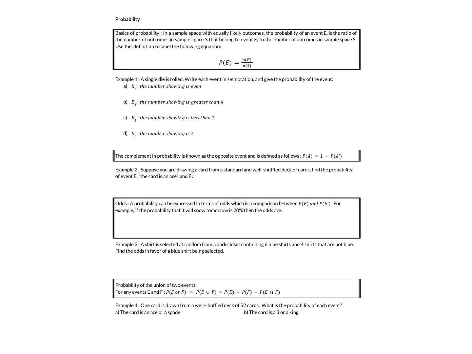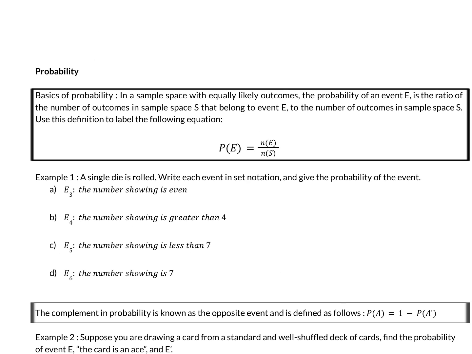So your general definition of probability is the sample space with equally likely outcomes. We have a probability of an event E is the ratio of the number of outcomes in a sample space that belong to event E, and then we divide that by the total number of outcomes in our sample space. Okay. Most common example of this is if